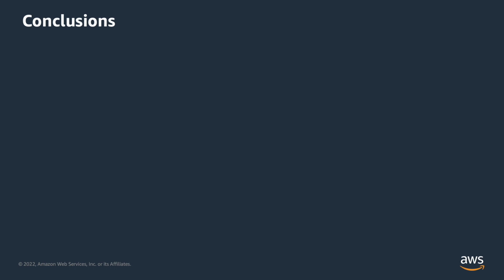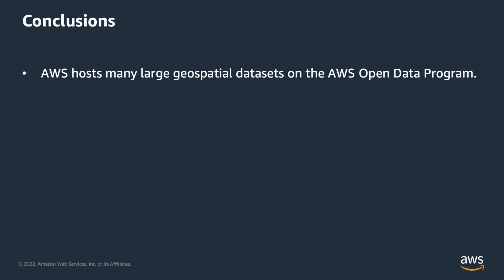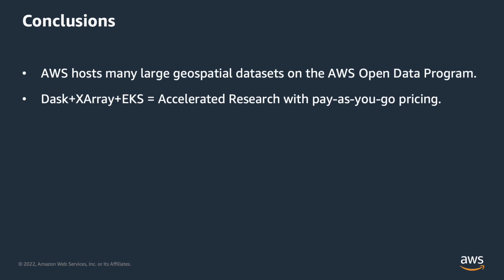That's it for our demonstration today. The key takeaways are, first, AWS's Open Data Program hosts many geospatial and climate datasets that you can access, including CMIP6. Second, using Xarray and Dask running on cloud infrastructure like Amazon EKS allows you to scale out to get